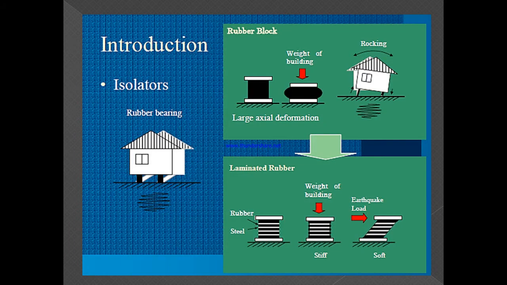Now next are the isolators. First is the rubber bearing. Rubber bearing is a very old and traditional method of base isolator, which is most commonly used in buildings as a base isolating device. This is a diagram. If you see, the rubber is provided as sandwich layers and steel is provided in between them. The weight of the building is transmitted through the rubber and the steel, and if the earthquake force is acting, it just moves like a soft foundation.